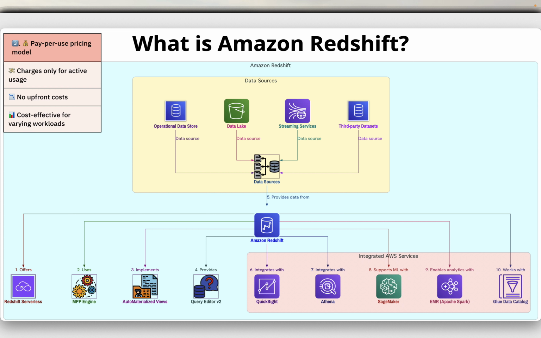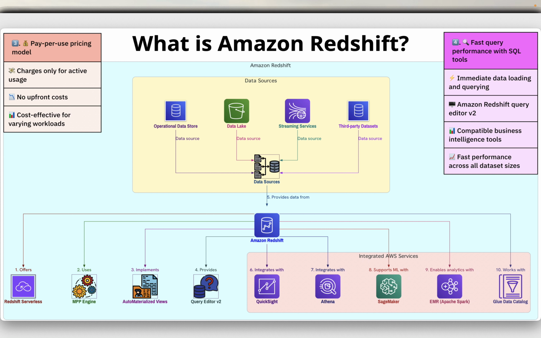The serverless model adopts a pay-per-use pricing structure, charging only for active usage. This eliminates the need for upfront cost and allows businesses to pay only for the resources they consume, making it a cost-effective solution for varying workloads. The service supports immediate data loading and querying through Amazon Redshift Query Editor v2 or compatible business intelligence tools. It maintains fast query performance across datasets of all sizes, utilizing familiar SQL-based tools and applications, making it accessible to